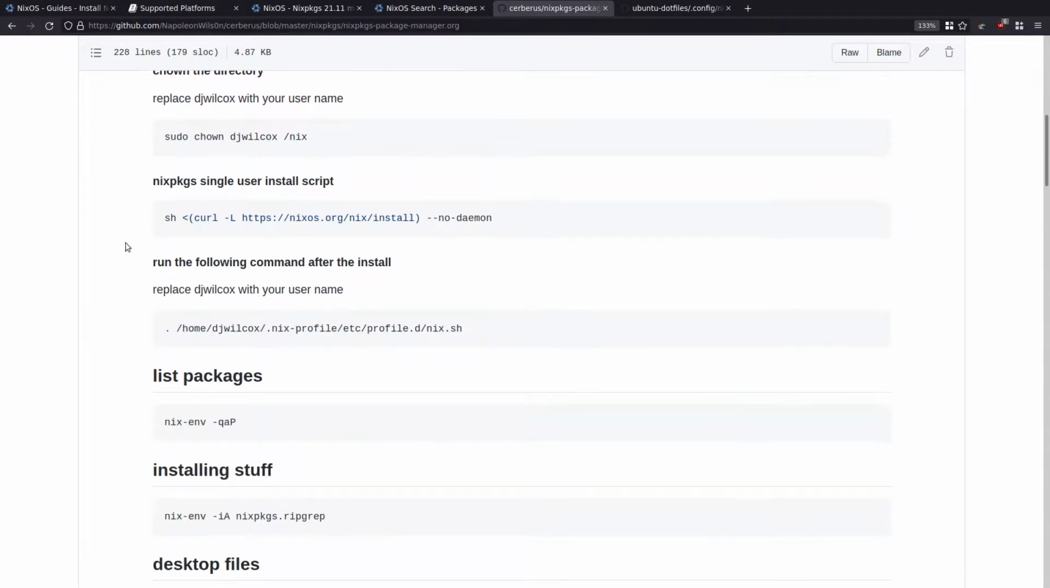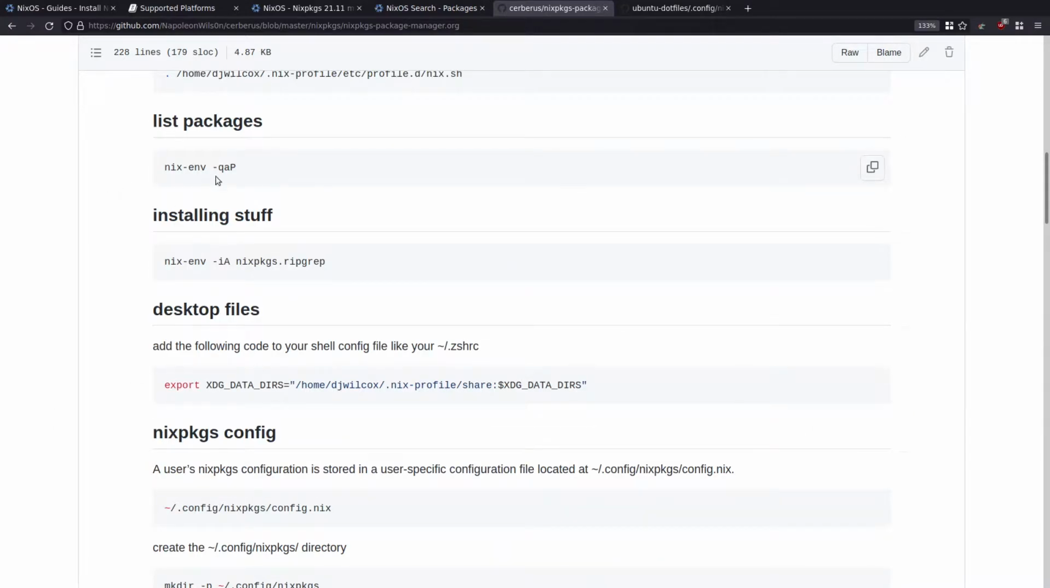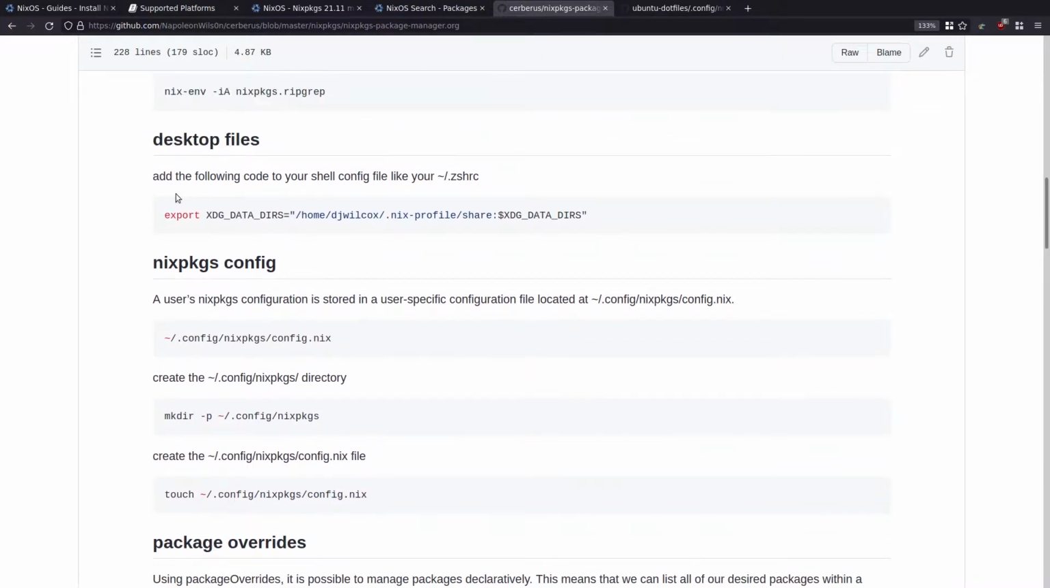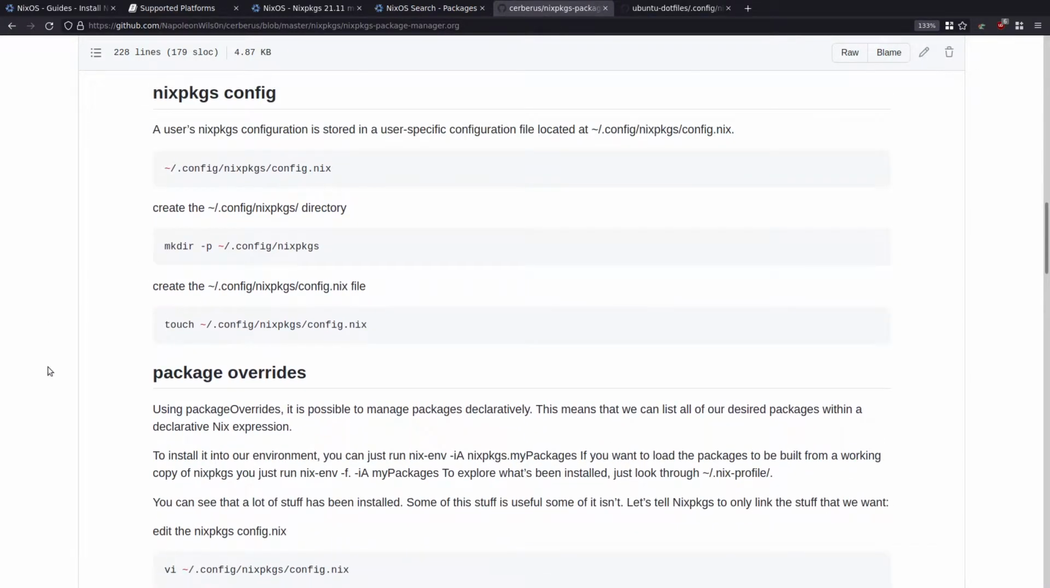Nix, chown it, replace that with your username, run the script, and then it's going to prompt you to run a command that looks like this. You run that in your terminal. You can list the packages that you can install. This is how you would normally do stuff. But we're going to do the more advanced stuff. Then again, the fix for the desktop files is to add this to your ZSHRC file. And then what we do